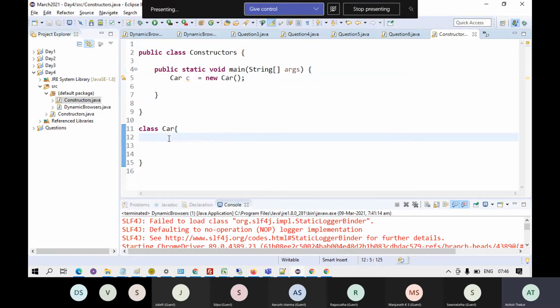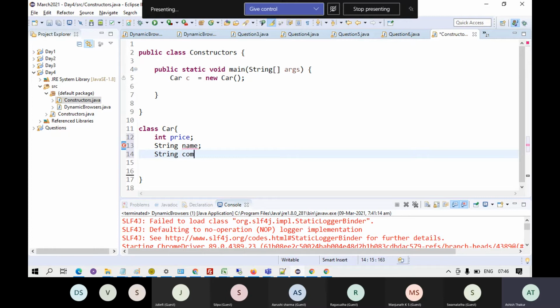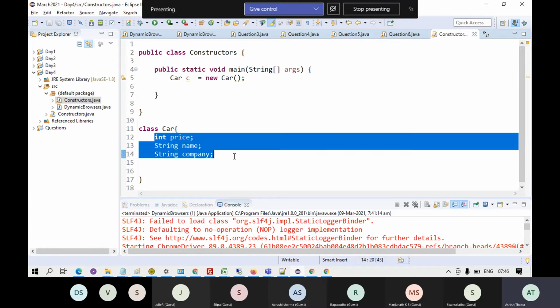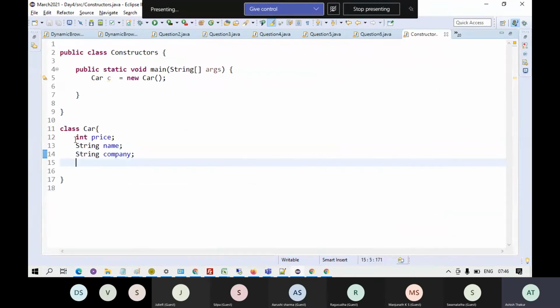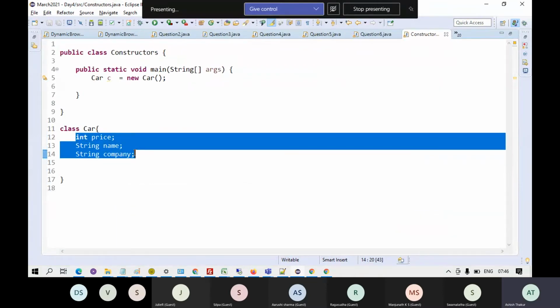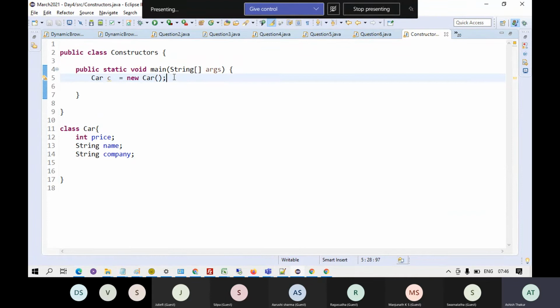Now suppose car has got a variable, say the price, the name of the car, and the company of the car, right? So suppose these are the three major variables in the car class. I will have to initialize them.